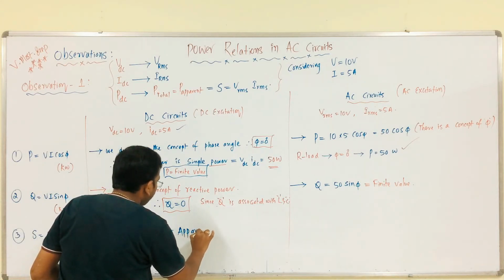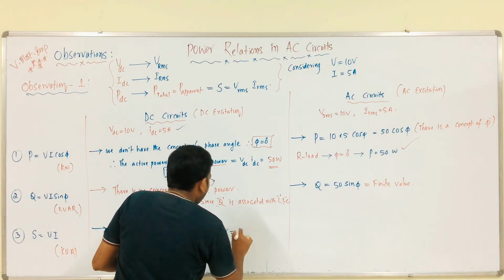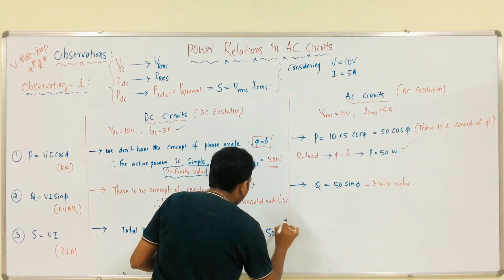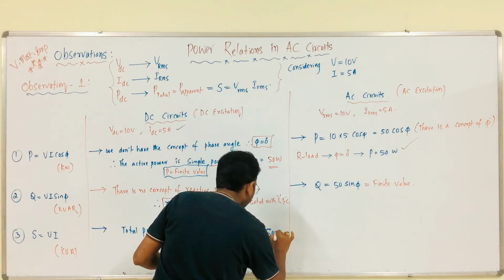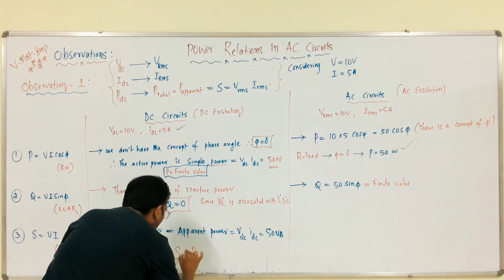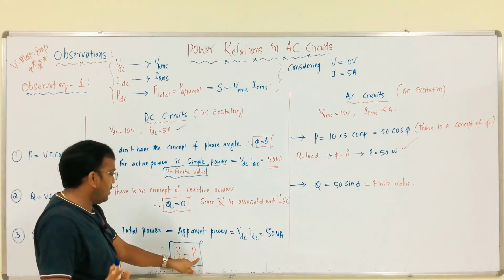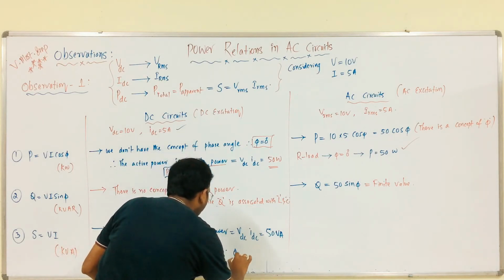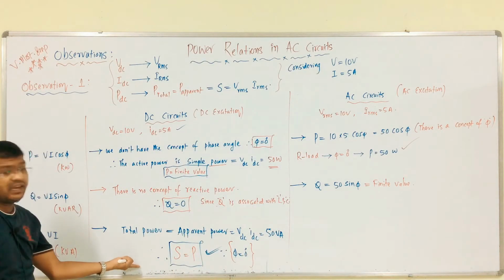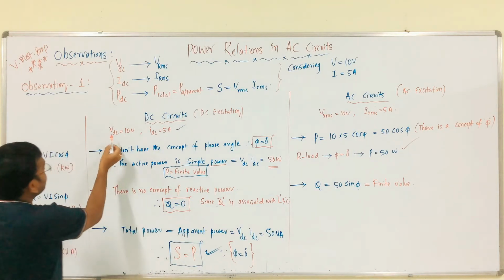So, in case of DC circuits, we can call it as total power, which is equal to what? VDC into IDC, which is equal to what? 50 watts or 50 volt ampere. Therefore, in case of S is equal to P, total power is simply power, since phi is equal to 0 in case of DC circuits. This is a very important observation. Because there is no concept of reactive power,